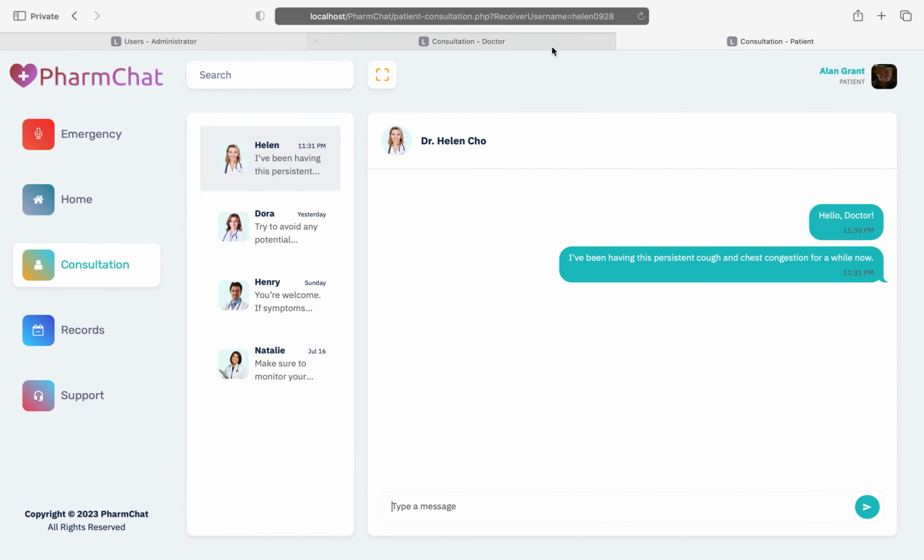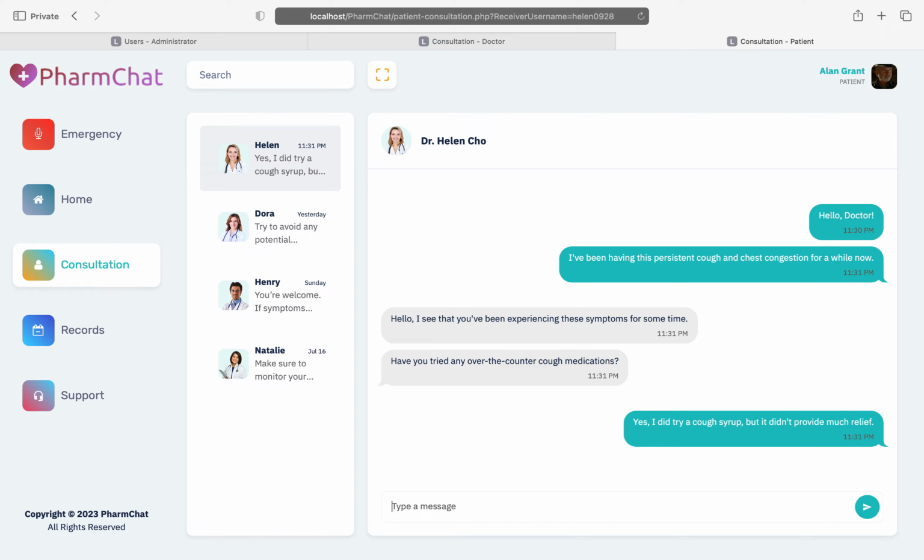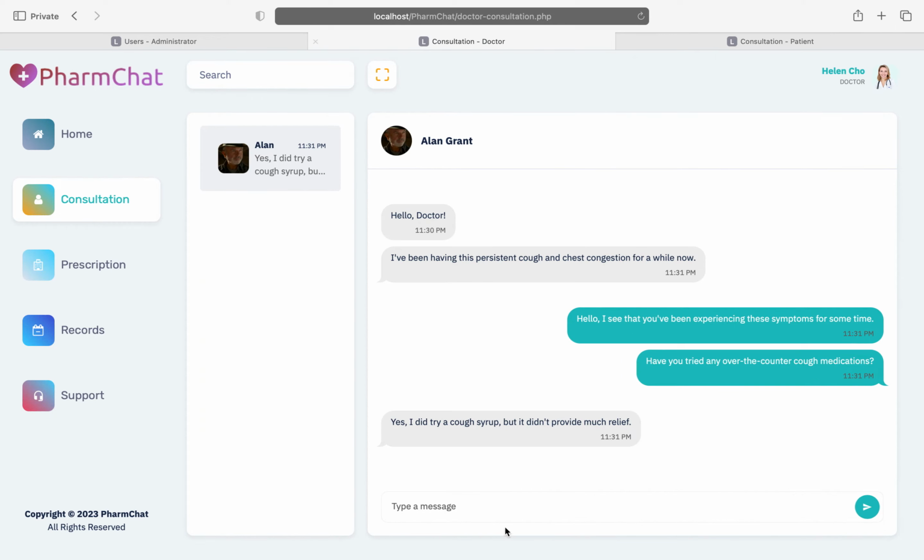And he keeps asking, have you tried any over-the-counter cough medications? And patient would reply, yes, I did try a cough syrup, but it didn't provide much relief. And now doctor replies, it seems like you might be dealing with a lingering respiratory infection.